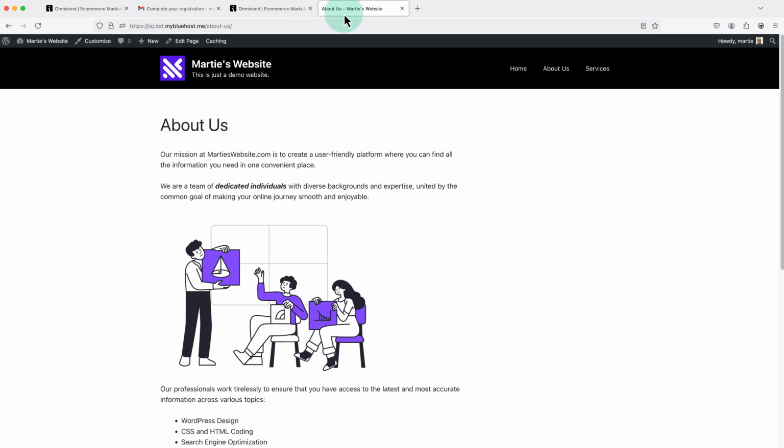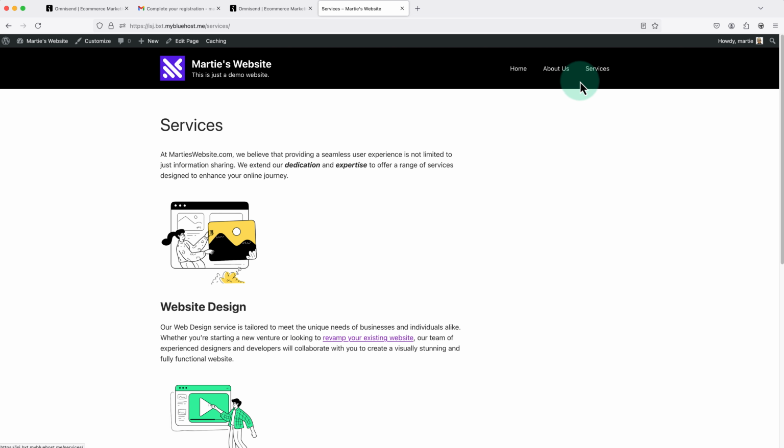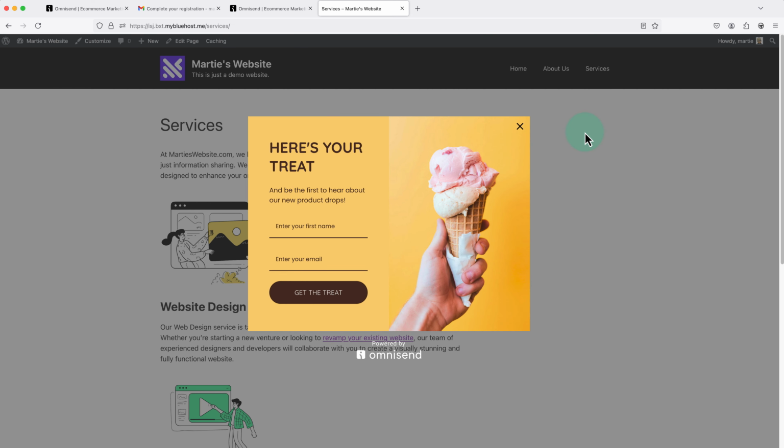visit any page, and wait 30 seconds, we'll see that the pop-up is now working. Now this form doesn't have a welcome email, but to set one up, we're going to go back to Omnisend